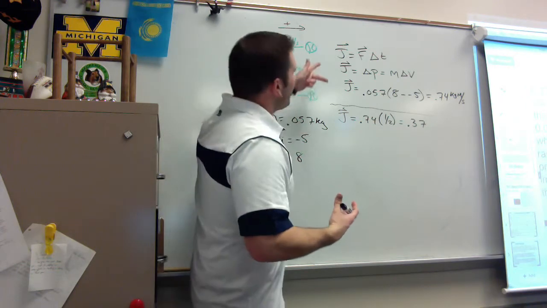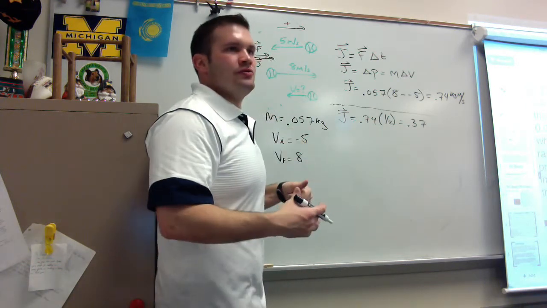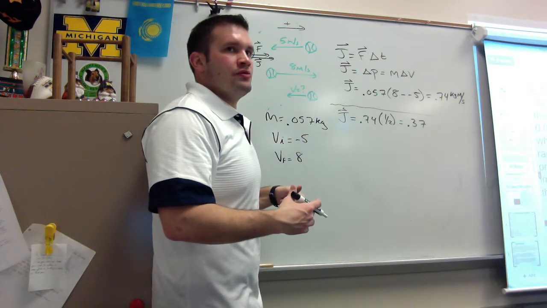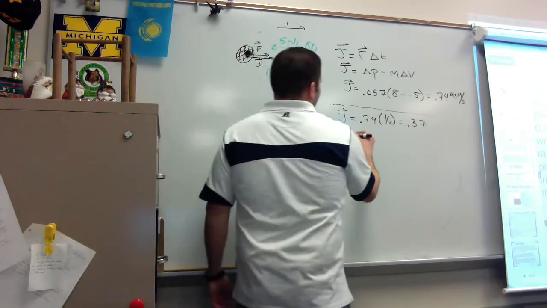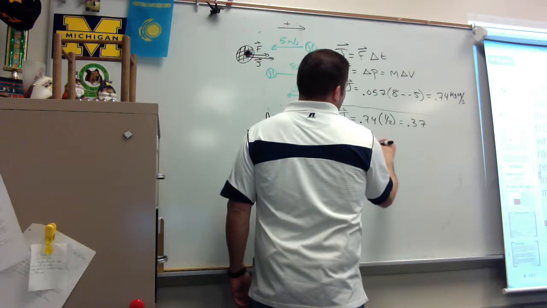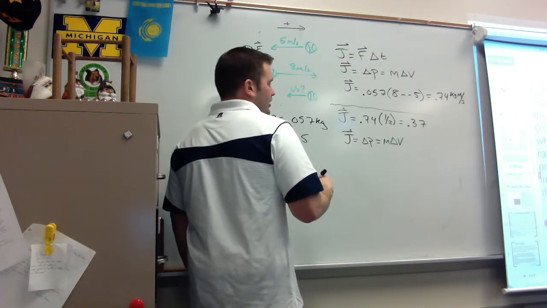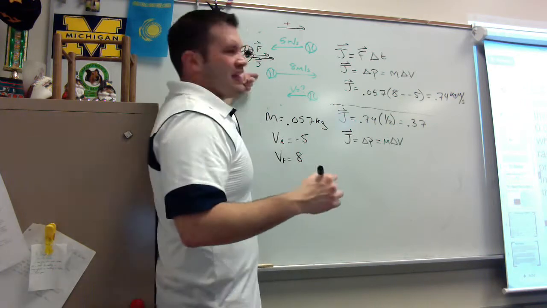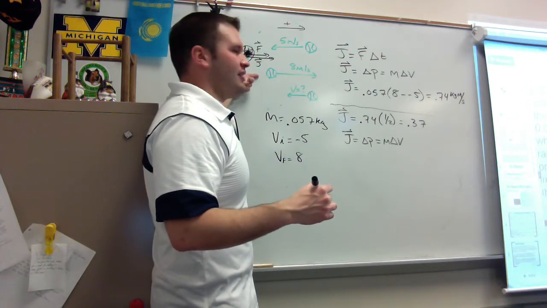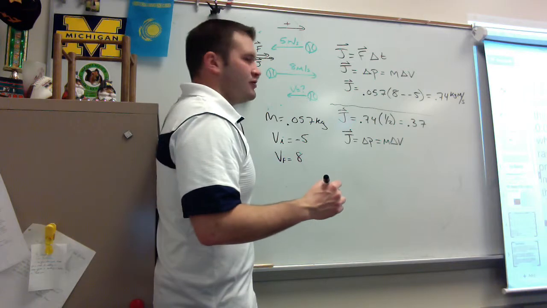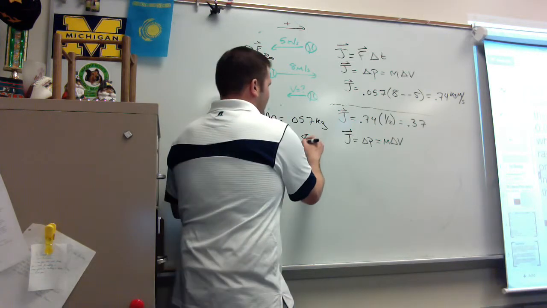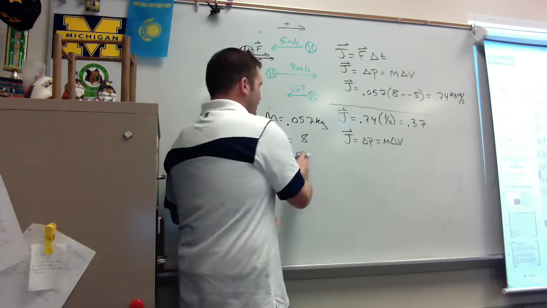If I want to find final velocity, do I use the first one or second one? Second one, right? So J equals change in momentum, which is m times the change in velocity. Right? The 8, is that my final or my initial? Initial. That's our initial now, right? That's positive. And our final,